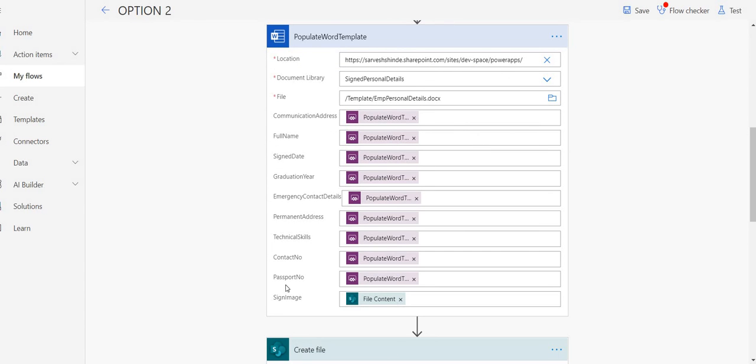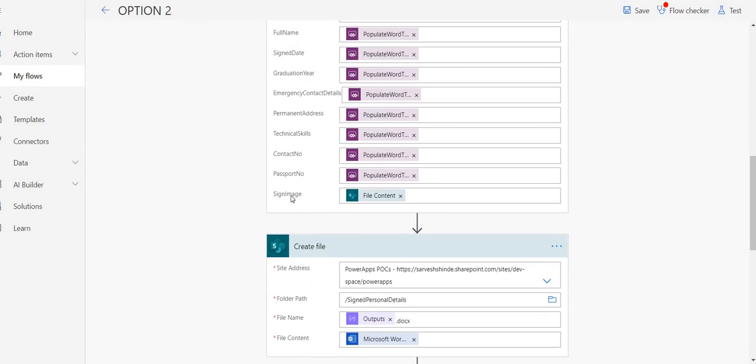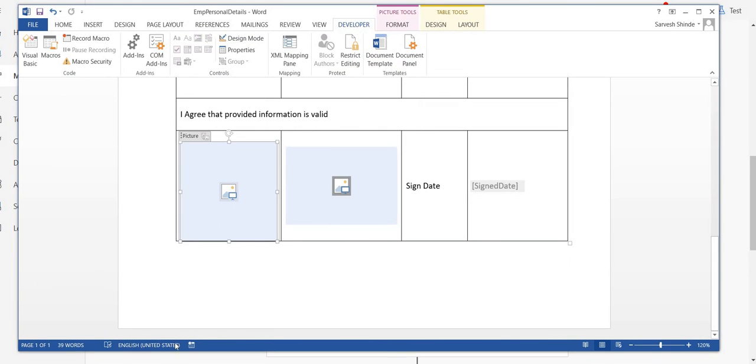Once you do that, it will automatically populate all the metadata which you need to fill in with all the dynamic values from the Power Apps. All these values we are getting from the Power Apps. If you see, all this data is coming from Power Apps. Every time you need to go to the expression and click on Ask in Power Apps. So we are saving all this data coming from the Power Apps form in this template, and at the end you see this sign image control which we have added in our template, this one.